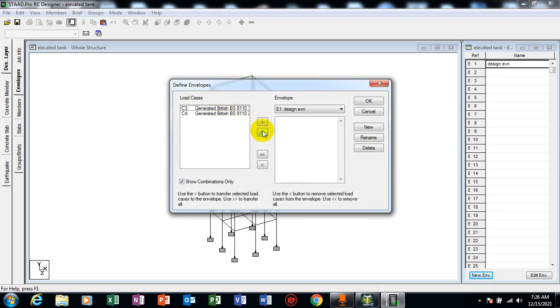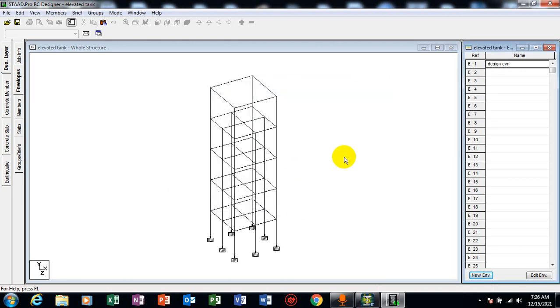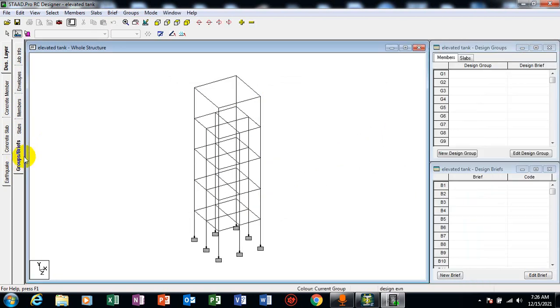Okay, so I'll add all of these load cases. All of them are added. I can take this off. You are going to see the combination. You can see the dead load is included. The hydrostatic load is actually included as well, so they are all incorporated. Good. Now let's go to